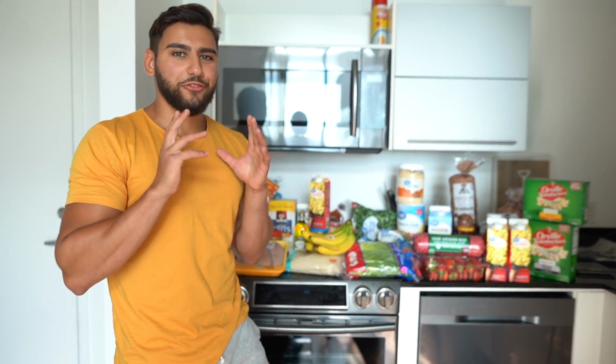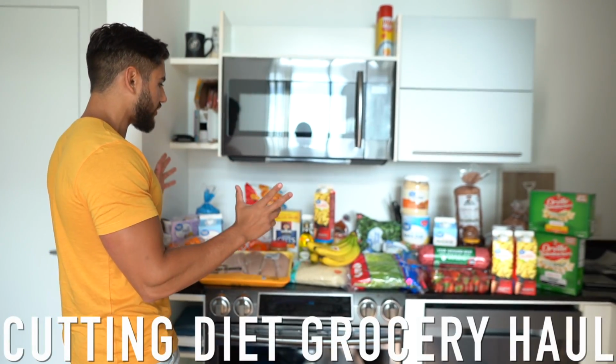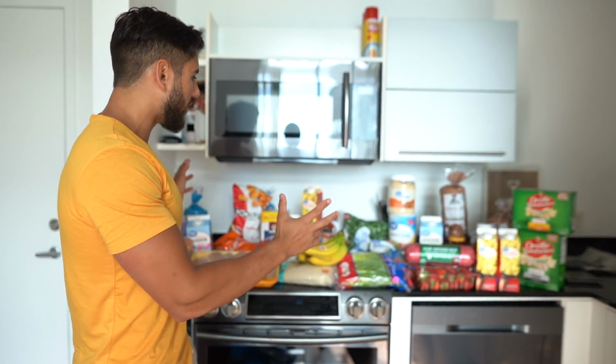So I just got back from the grocery store, and laid out right behind me is the entire cutting diet grocery haul. So again guys, this is going to be all of the foods that you need to eat in order to lose fat and get lean and get into the best shape of your life. But anyways guys, I want to share with you all the total cost of this entire cutting diet grocery haul. So the total cost is going to be